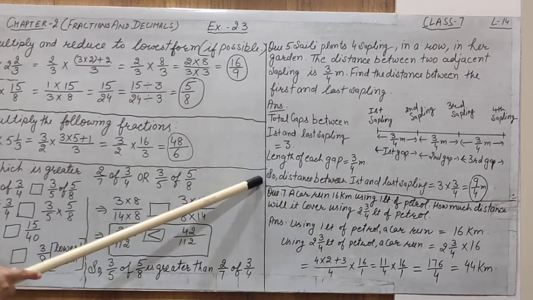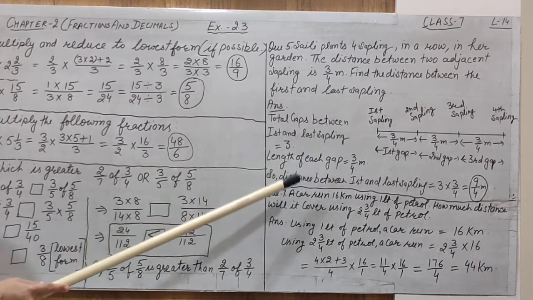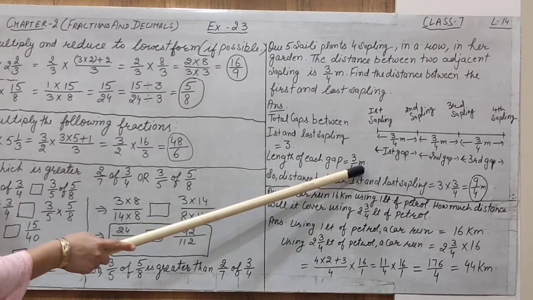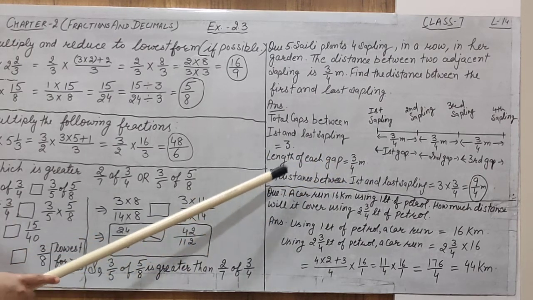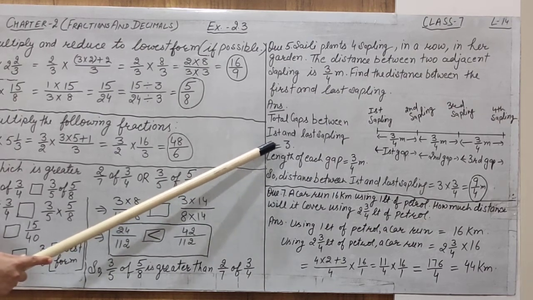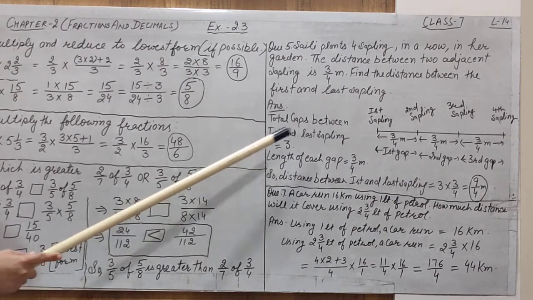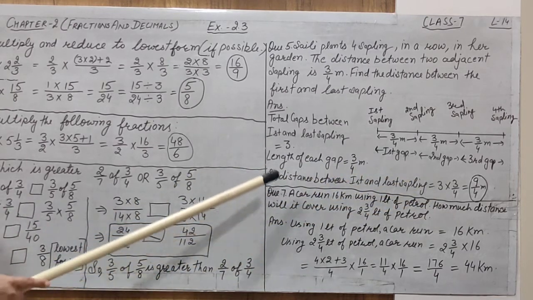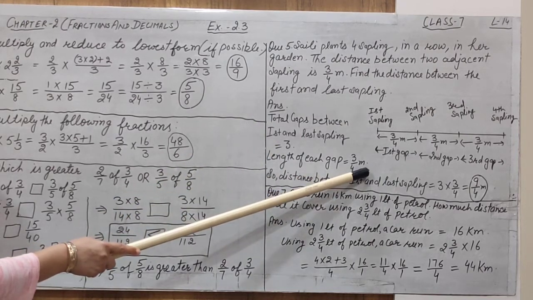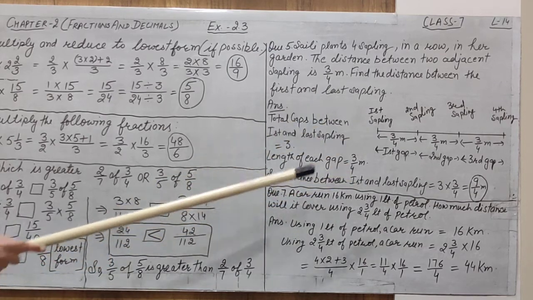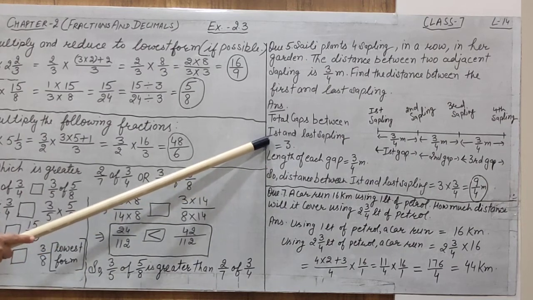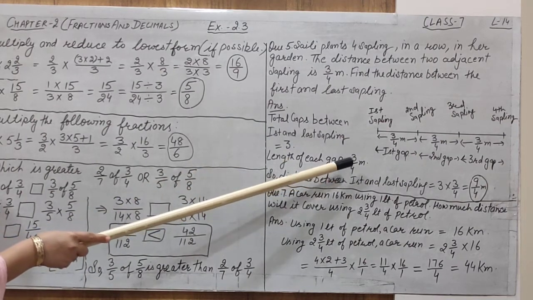Whenever we have to find an increased quantity, we have to find a larger value. So understand this concept. One gap is equal to 3 by 4 meters, and we have to find out the distance for the 3 gaps. Obviously the distance will be more. If the distance is more, something is increasing, so you have to multiply. If it decreased, we would divide, but here one gap distance is given, that is 3 by 4 meter, and we have to find out the total distance. So we have to multiply the total number of gaps with the length of each gap.